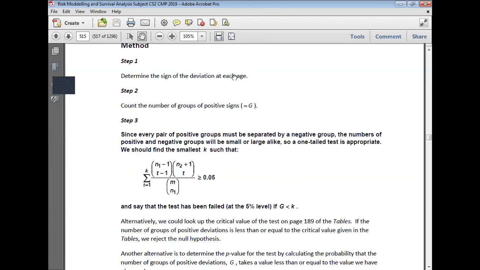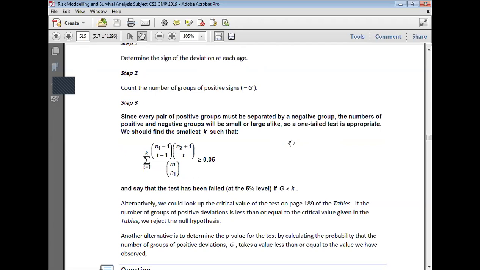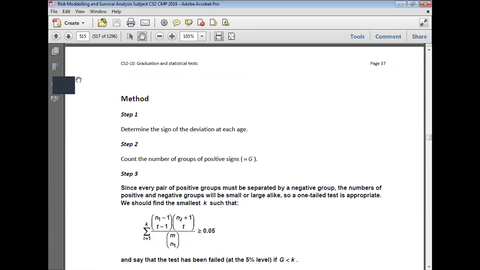And once you have the signs, you will have to count the number of groups that you have. So I think maybe for this question, we should go back. So I don't know, this is 37. So this should be the